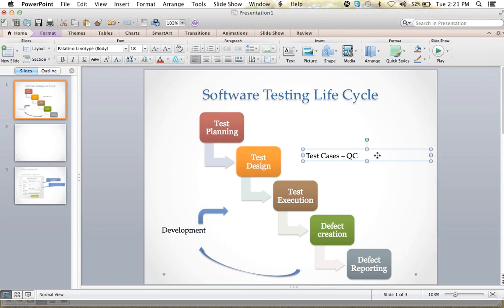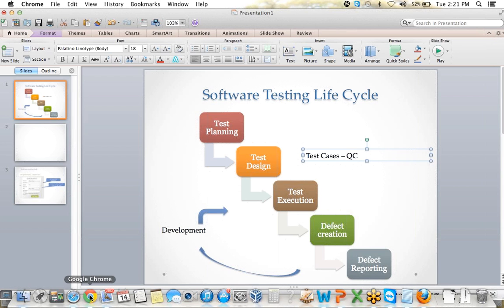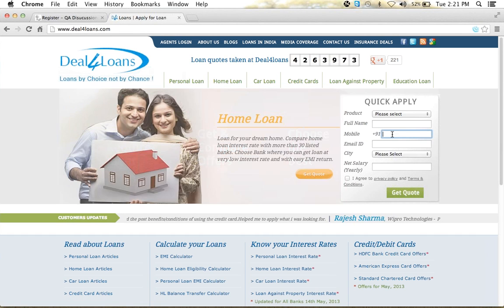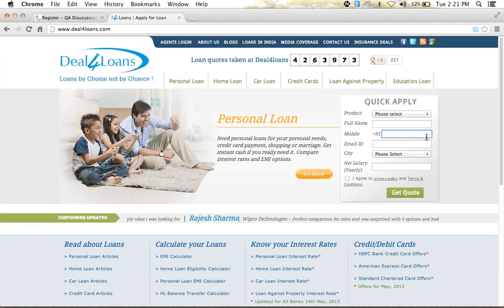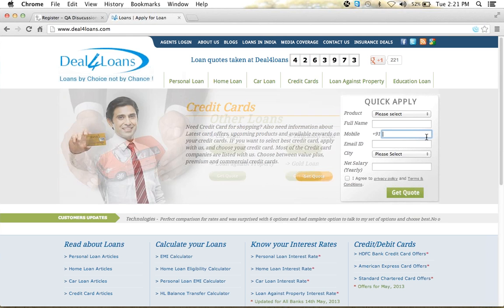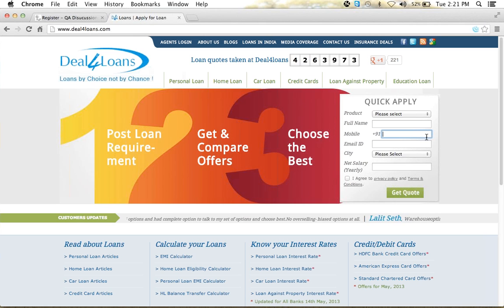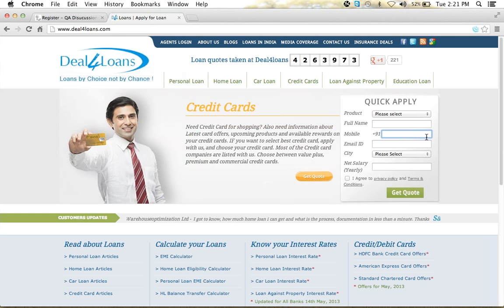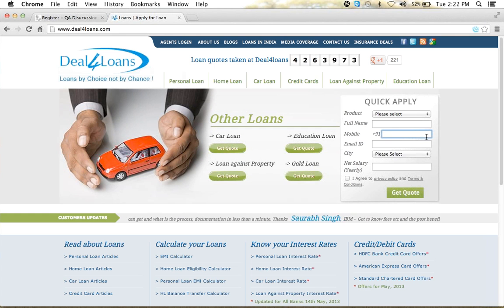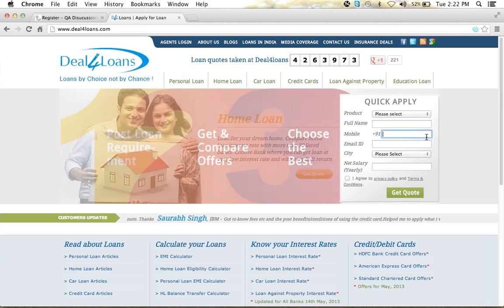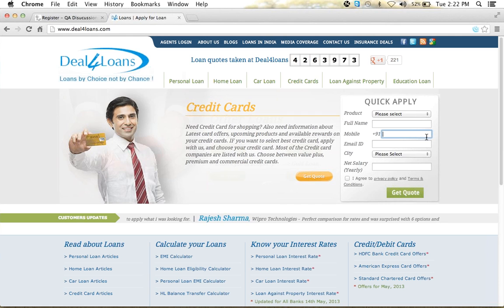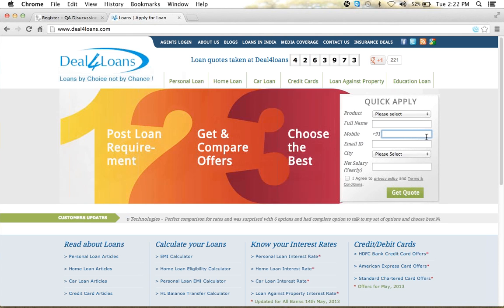So for example, if we have a deal for loans, here there is a mobile field. If there is a data range, they give that the mobile number should accept only 10 characters or 20 characters. So how do we test this particular box? We don't take 1 to 20 numbers and test each one. It's a waste of time. We cannot write test cases for each and every scenario. If we are testing any particular element with any condition, then we definitely need to have a test case so that we can update the status whether it is a pass or a fail test case, right?